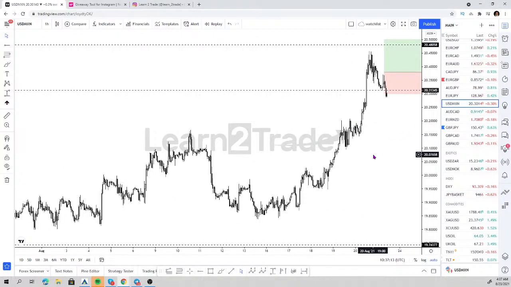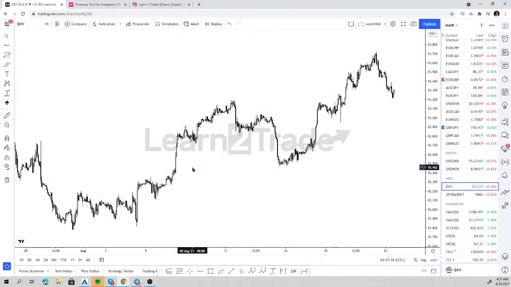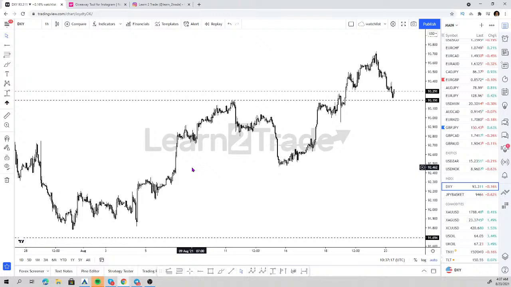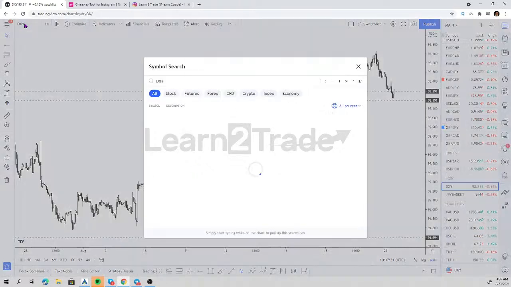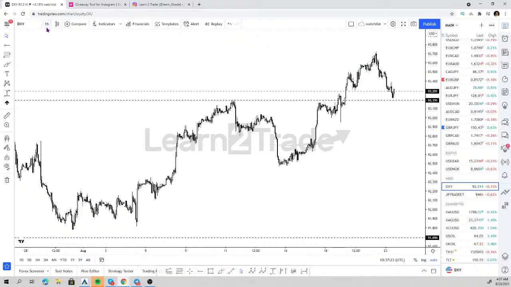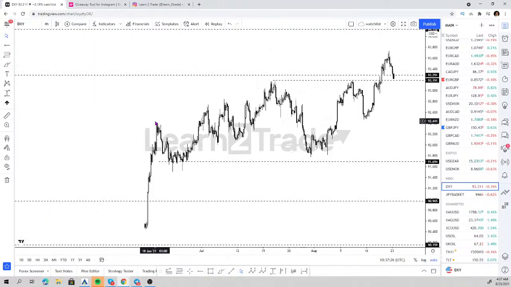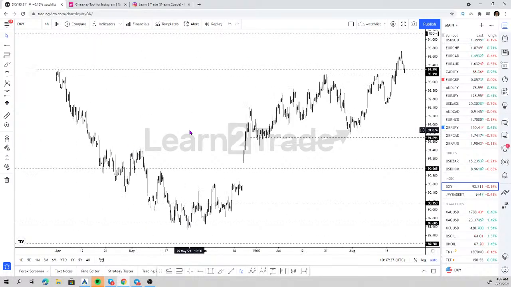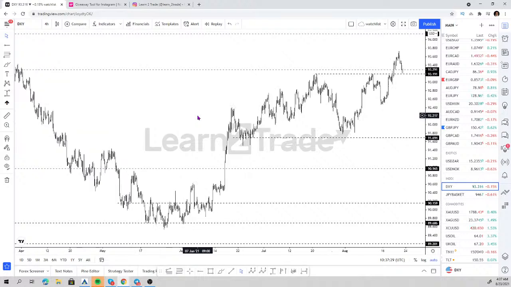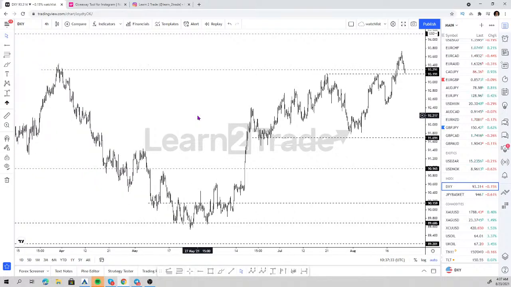Right, so let's have a look at what's going on. Let's start by looking at the US dollar currency index. Let's have a look at the 4-hour chart on the US dollar currency index. And what's cool about what's happening right now is that we are looking for longs and longs only. Why?